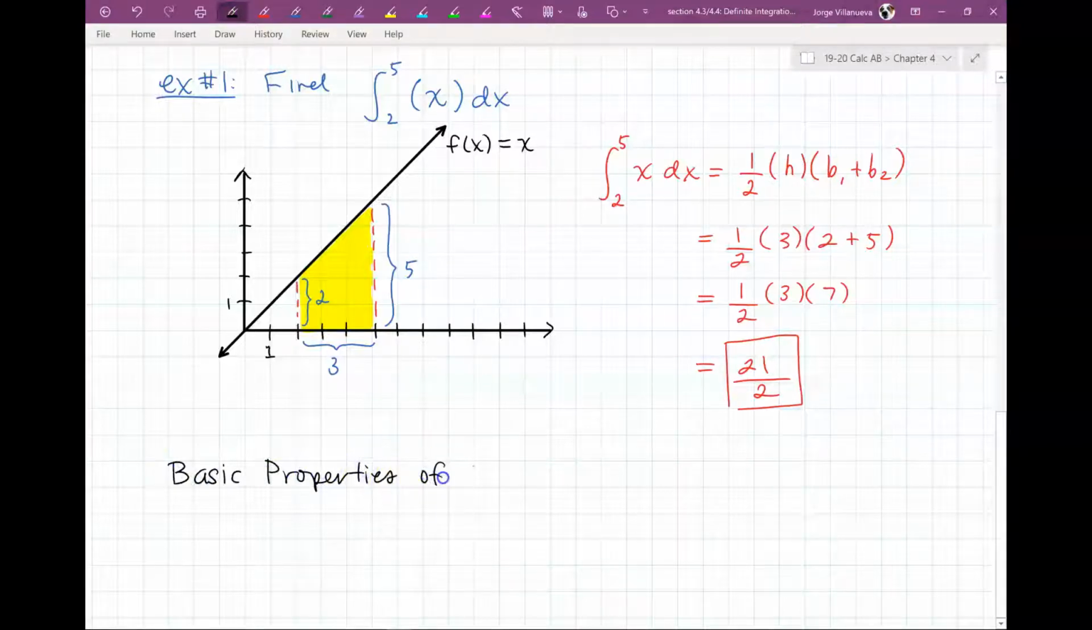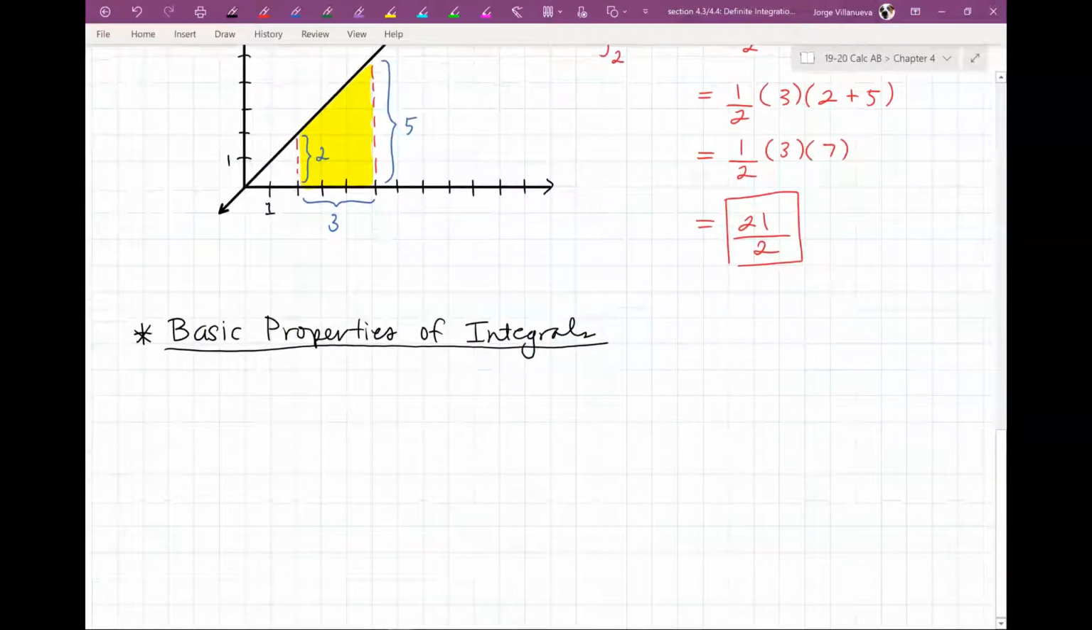Basic properties of integrals. Now these are important because every time you see these, for one of these you can get a really quick answer, and for the other one, you know what you have to do if you have to switch things around. So, number 1, it says